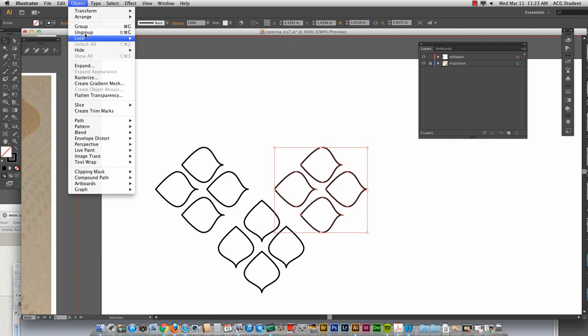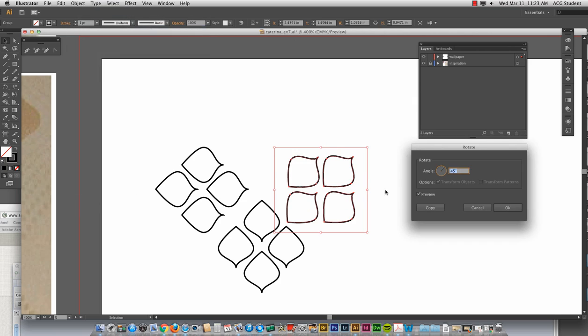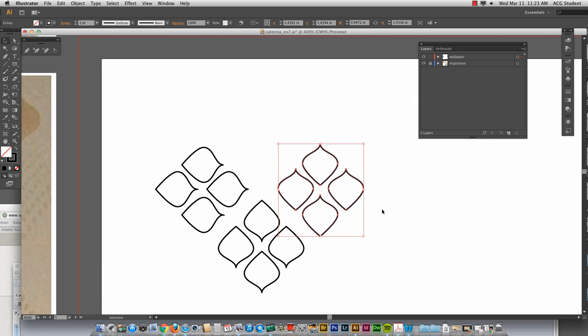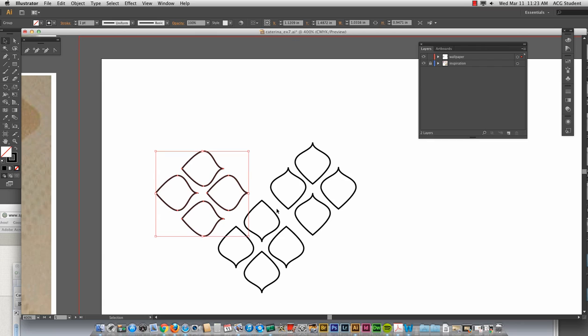What if I want to rotate? Oh, I want 90. Oh my gosh, this is like my first day of math. Oh, sorry. That's okay. Actually, that looks kind of cool. If I moved it over there, a little bit over there, this could be a very, very cool design.